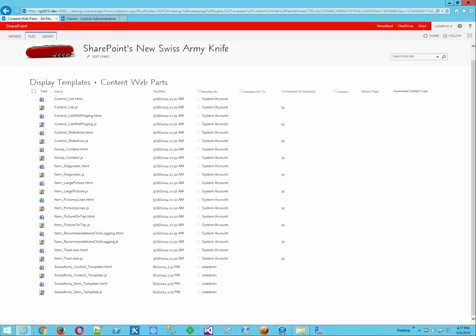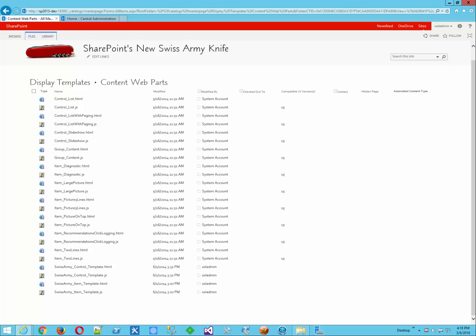The reason we have an HTML file and a JavaScript file for each one is because display templates can be processed by SharePoint's Design Manager, which is part of the publishing feature set. And the Design Manager, if you're not familiar with it, is something that was added to SharePoint 2013. It gives you a way to drop a properly crafted HTML file into an area that the Design Manager has access to, such as the master page gallery. The Design Manager will take that file, process it through, and create the necessary JavaScript template that SharePoint uses when